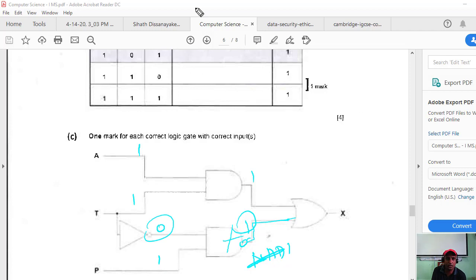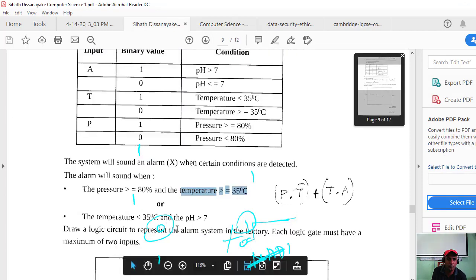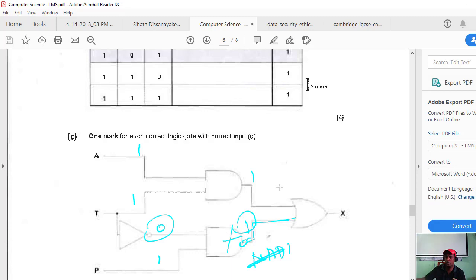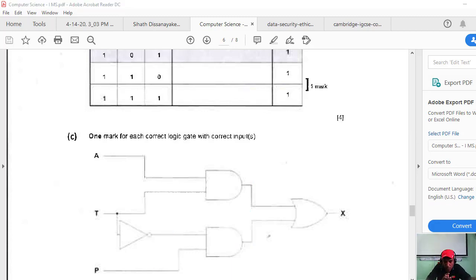Oh, wait, we'll check that also. This also AND, no, then it definitely should be a NAND gate. I think you agree with me, right? Yes, this should be a NAND gate, right?